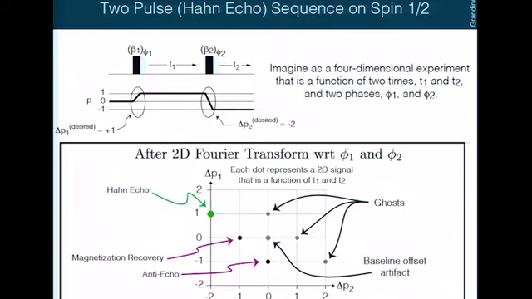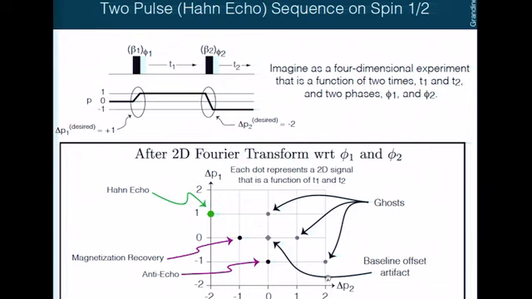Let's go back to the two-pulse experiment, a Hahn-Echo experiment. We worked through this before. We know the pathway is a delta P of +1 and a delta P of -2. If I made each of those two pulses a phase dimension, a phase dimension for the first pulse and a phase dimension for the second pulse, and then did a double Fourier transform with respect to phase, let's forget about time for now, just took the time origin, and looked at the delta P